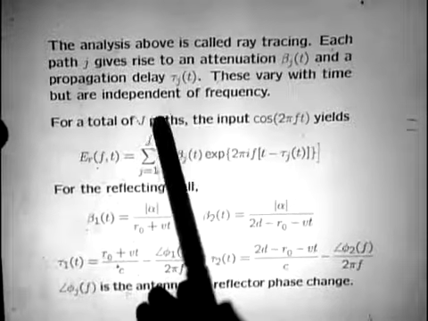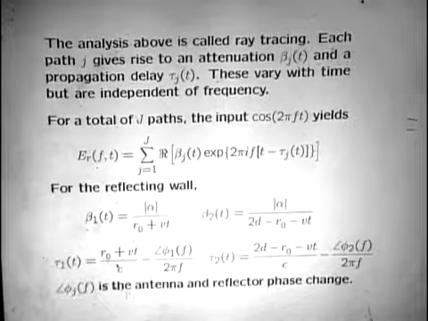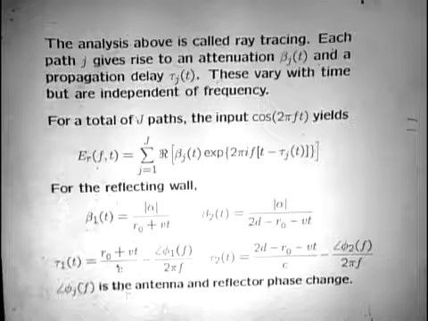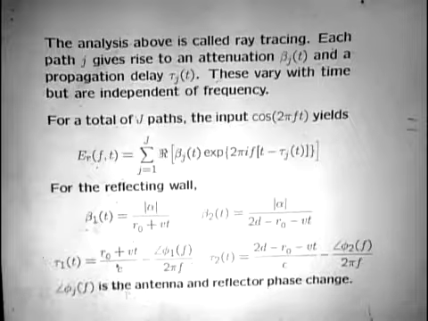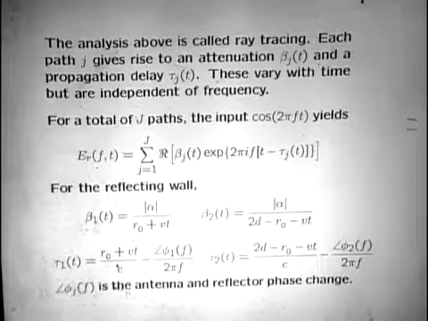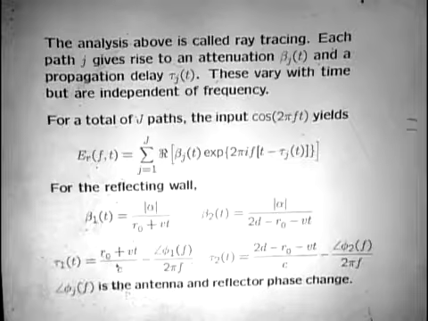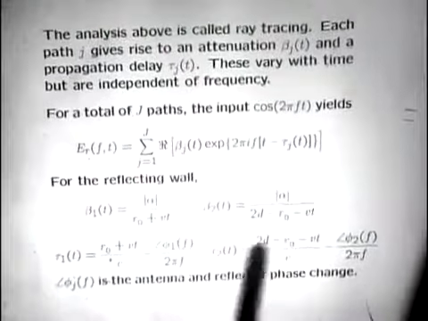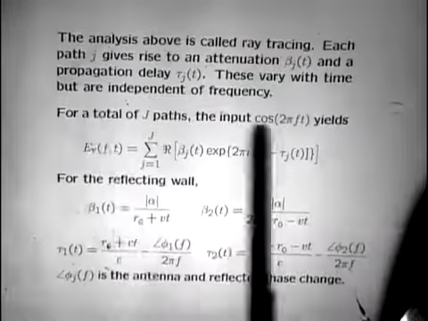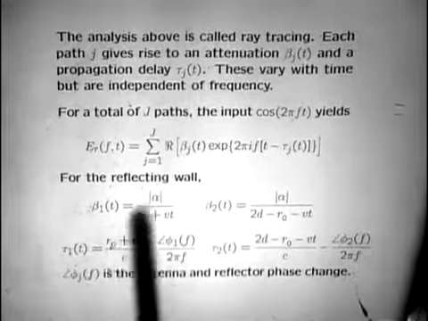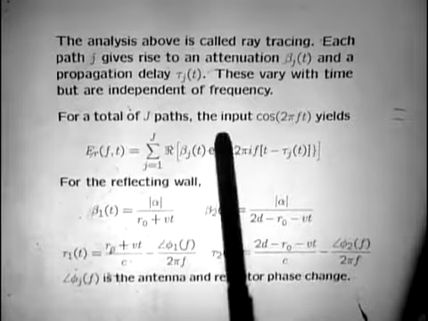And the propagation delay is just what we get by assuming that a plane wave is going from source to destination, and we add up the distance from source to reflector to destination, and that gives us this propagation delay. Okay, these are going to vary with time, but in our ray tracing approximation, we've assumed that they're